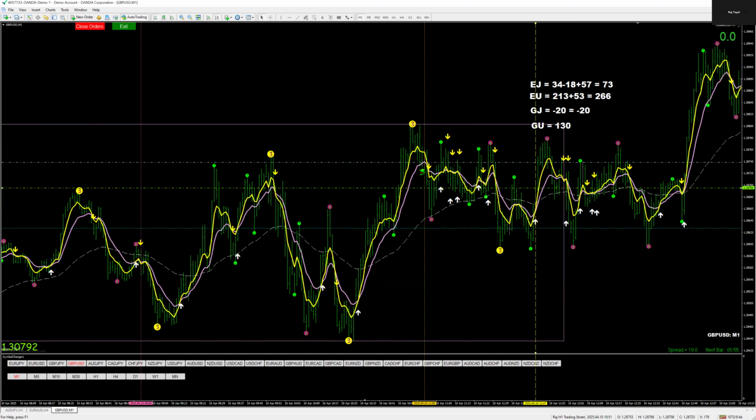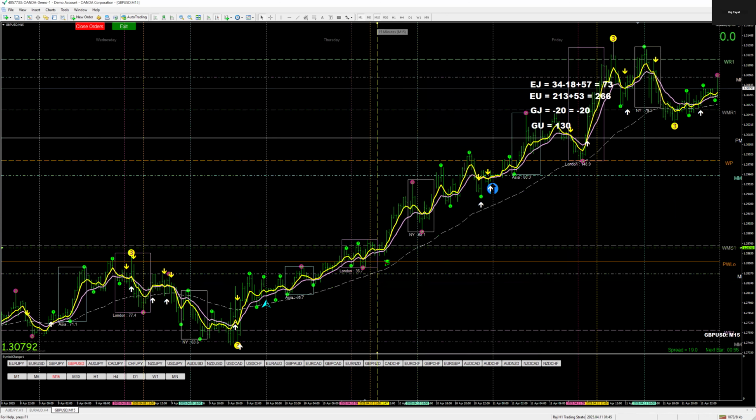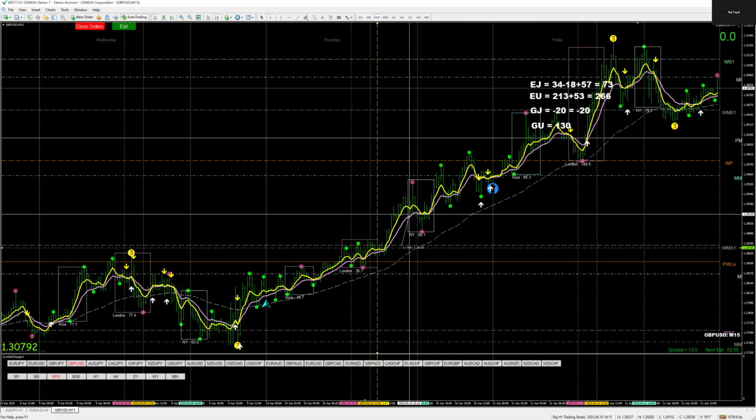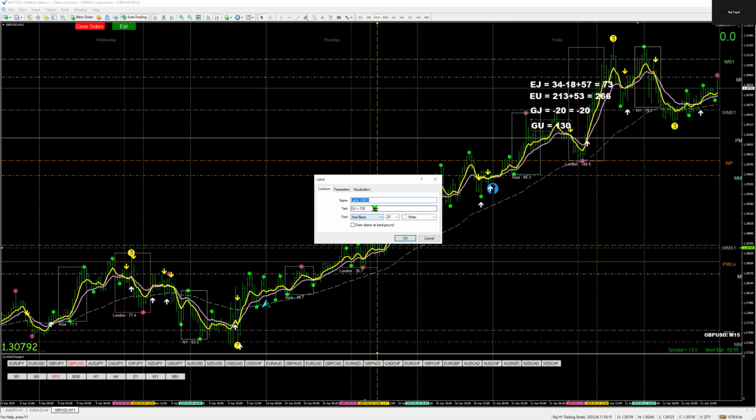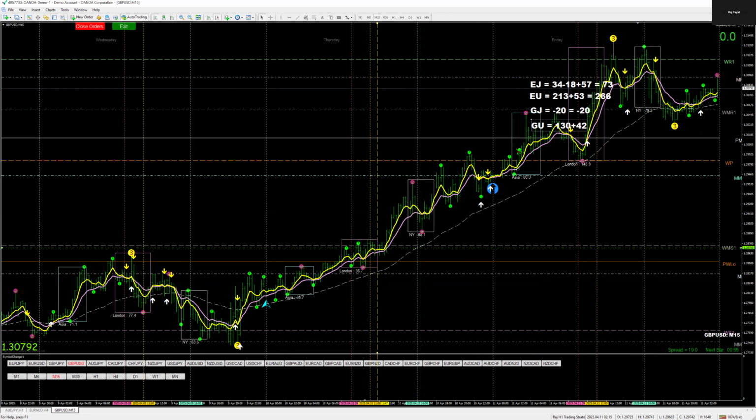All of this is ignored. All right, so it's a 15-minute trade. That's the entry. Exit is here. And that's 42 pips. Surprising that EU didn't give us much till Thursday. And here's GU. This carrying on as nothing happened.